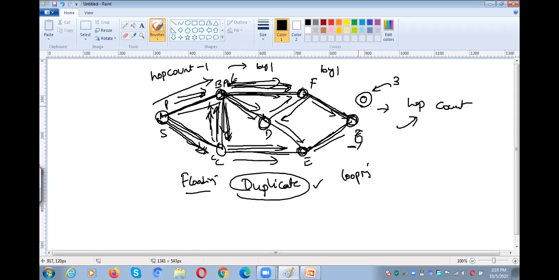Whenever the hop count is 0, the packet will not be forwarded again in the network. Like that, we can avoid the duplicates, and the looping problem will be avoided with the help of the hop count. How can we avoid the duplicates? For example, if this is our network,